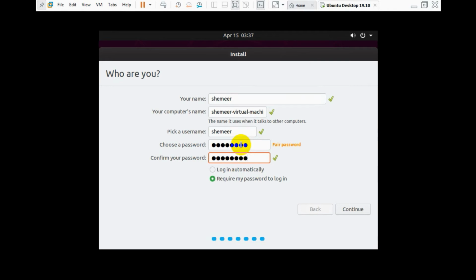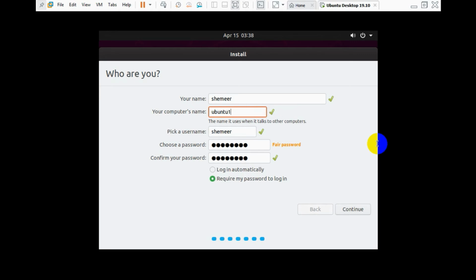And the second option is the best one for security purposes, because it will ask for the password and username, so you have to choose the second option. My suggestion is this one, but even for testing purposes, we can go with the login automatically option. So now I'm showing how to change the computer's name to be different from our username and